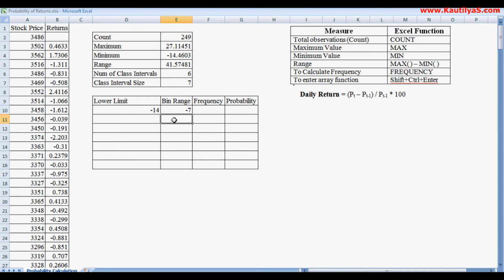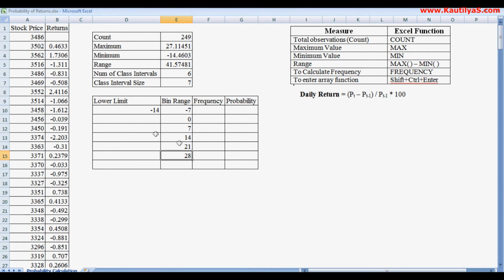For the second class interval, we use the previous class interval plus class interval size, and we make the class interval size constant by clicking F4 so that it remains constant for all other calculations. Now simply we drag this down. So we have 6 class intervals, 1 2 3 4 5 and 6.